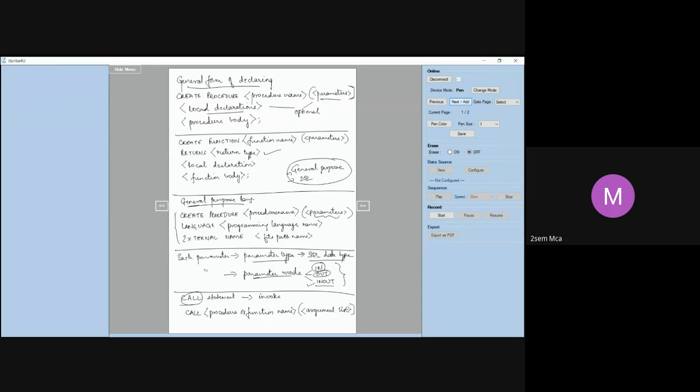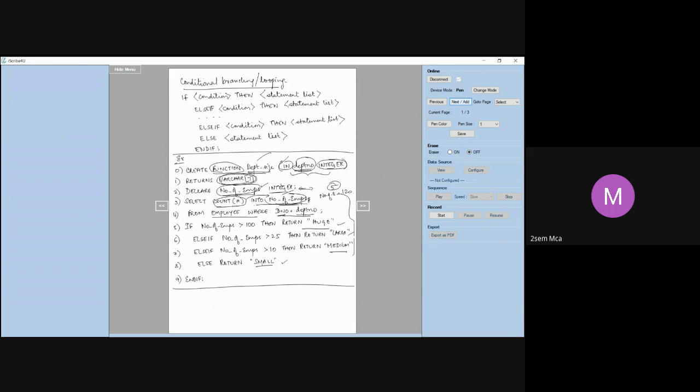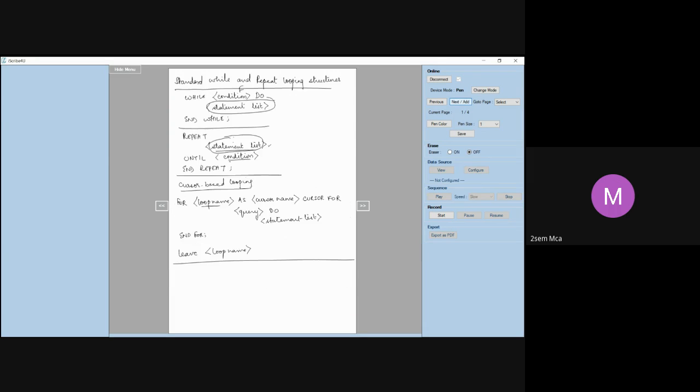Then we saw programming constructs: conditional branching and looping. It can also be replaced with while or repeat until. We can also have cursor-based looping, which is similar to our for loop.